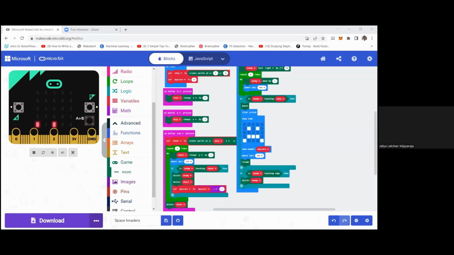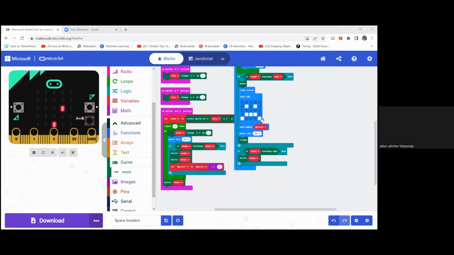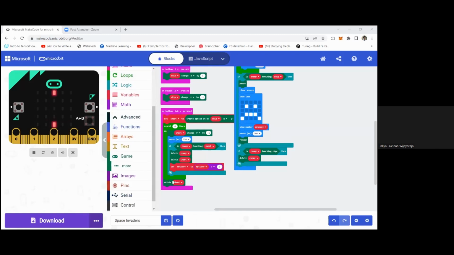So guys, let me teach some other concept as well. So here's the thing. In the previous task, I used this game over block here. Then I added a couple of other blocks instead of this game over block. So now we will learn about functions, and then you will understand how things work in this kind of situation. So if I go to my presentation,